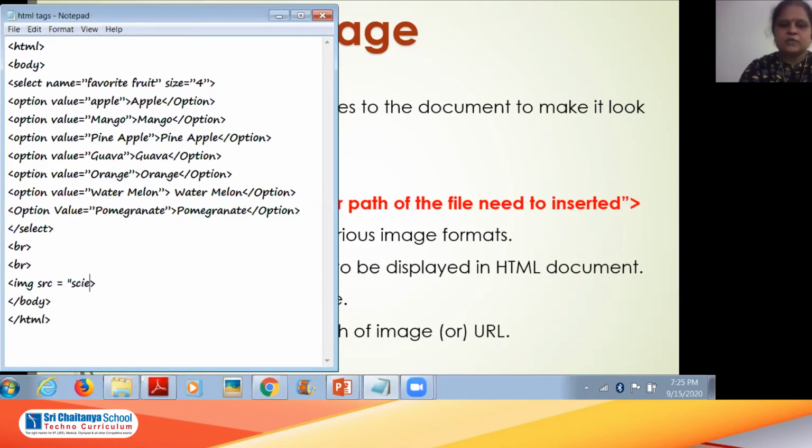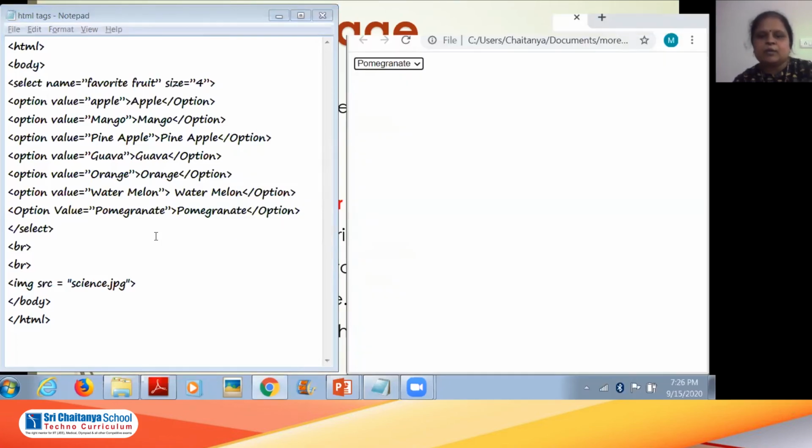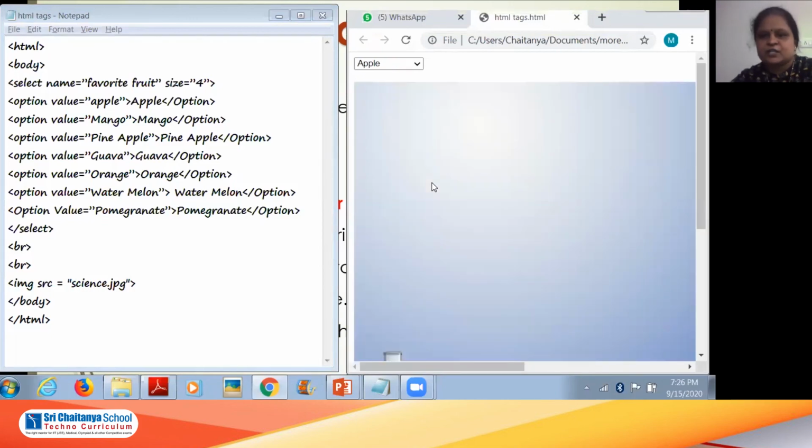You all know that I have one image called science.jpg in my file that I want to display in the web page. So I'm saving this and going back to my web browser and refreshing. You can see the image is displayed, but not as the background, as an image.